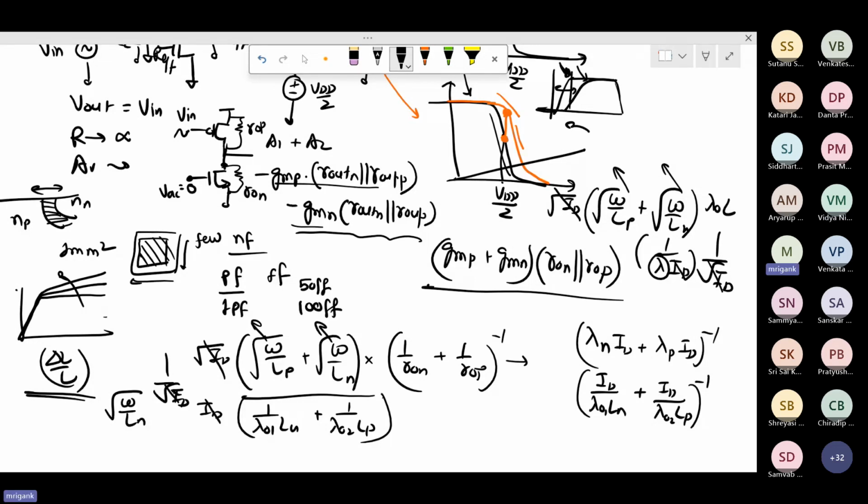So likewise, here also we can do a similar noise analysis. Ultimately, it will be something similar to the common source amplifier with active load. If we assume that the R is large, that part we can look at in the next session, where noise analysis of different amplifiers can be done. So any question before we conclude?